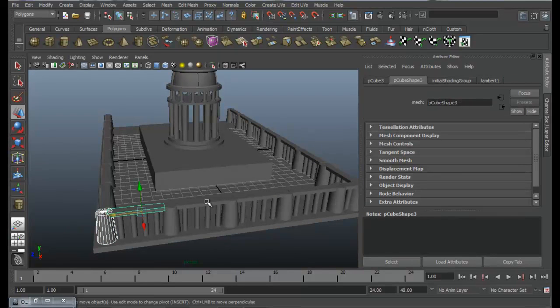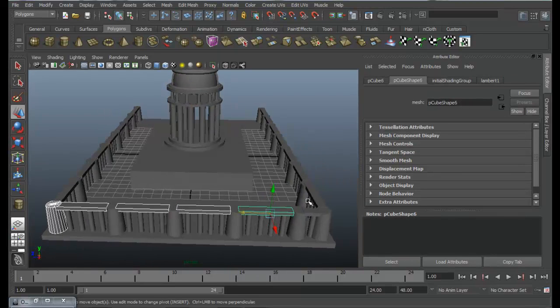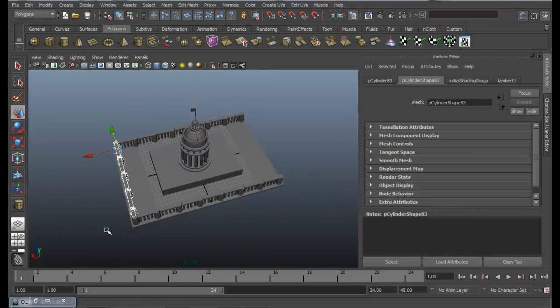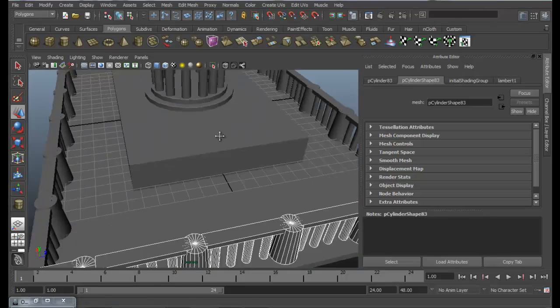Now select all these parts up in here. Okay, and just Control D, duplicate it and put it as the other side.